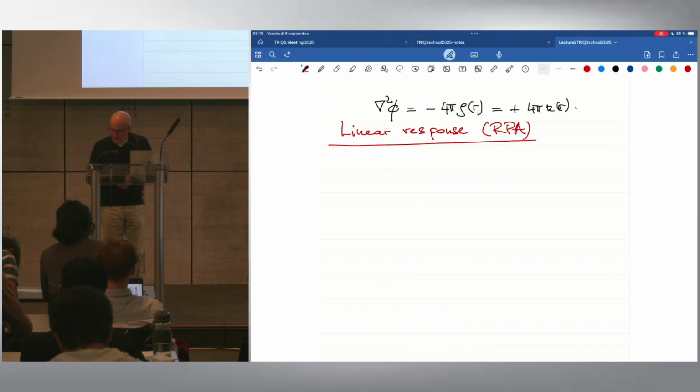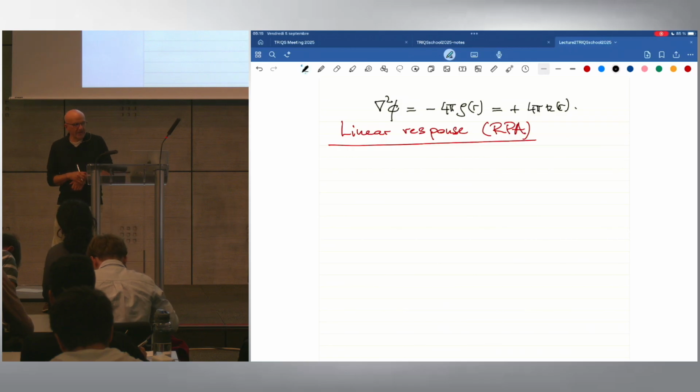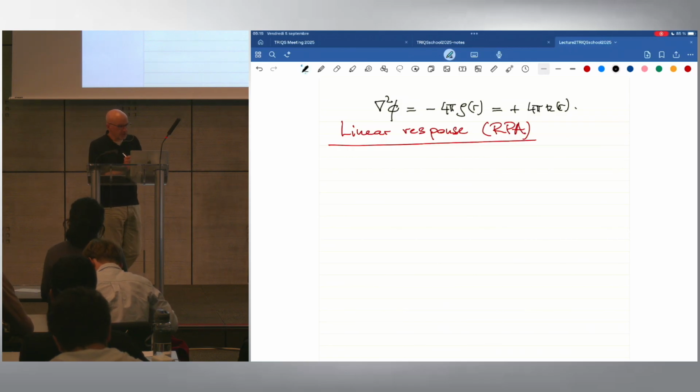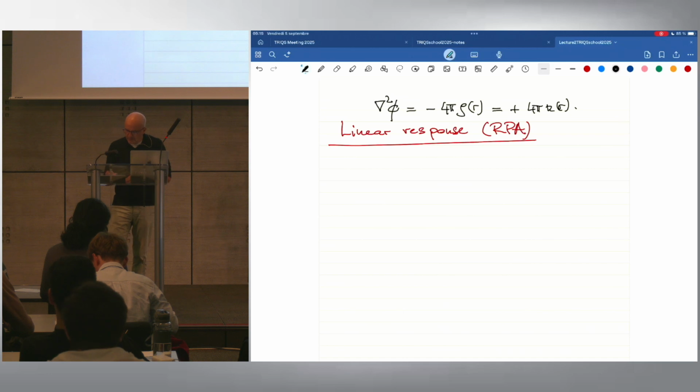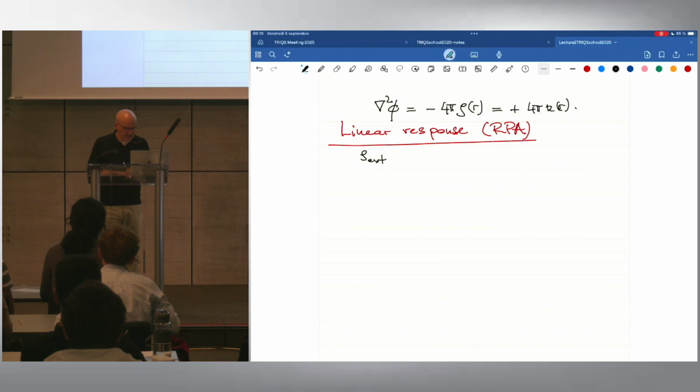Okay, so I'm going to try to describe by linear response the Gedanken experiment, where you introduce a perturbation of the external charge, an external charge density, and see how the system reacts. So if we have an external charge density rho x, maybe I should say delta rho x, but let me just call it rho external,